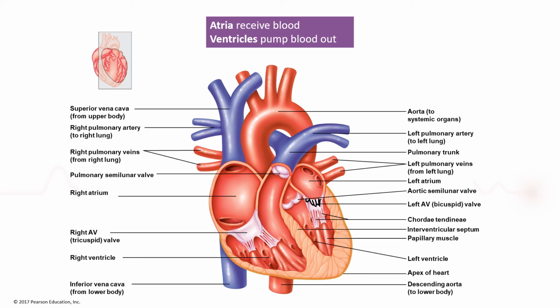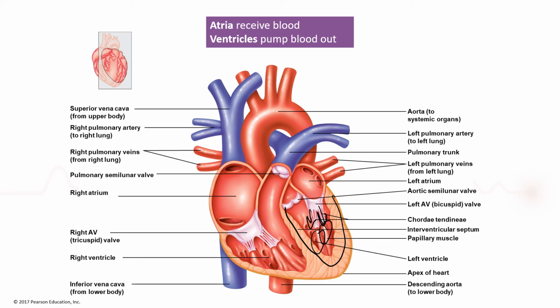Now, easily enough pressure can be generated by the blood to cause the mitral or bicuspid valve to prolapse, and that would allow then for the blood in the left ventricle to travel into the left atrium. But that doesn't happen, right? Because there's papillary muscles on the left side. These papillary muscles contract when the left ventricle contracts. And when the papillary muscles contract, they tug on the chordae tendineae, which are attached to the bicuspid or mitral